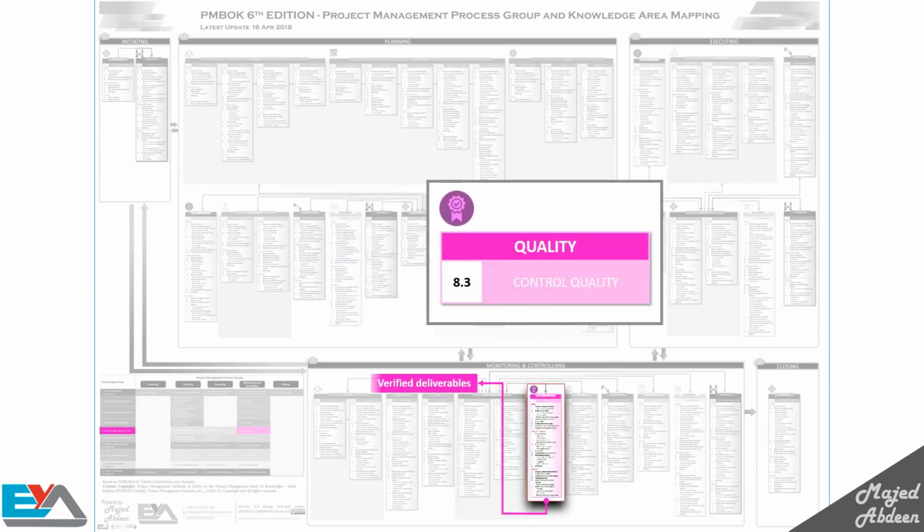Before we talk about the control quality process, let's go back a little bit to scope management. Before we validate the scope, we first conduct control quality on the deliverables, and then we validate them to get the acceptance from the customer. You control the quality. Based on what? It's based on the acceptance criteria which you specified before with the customer when you defined the scope. Here in control quality, you make sure that these deliverables are correct and complete, and that they meet the customer expectations based on what you specified before you met the customer.